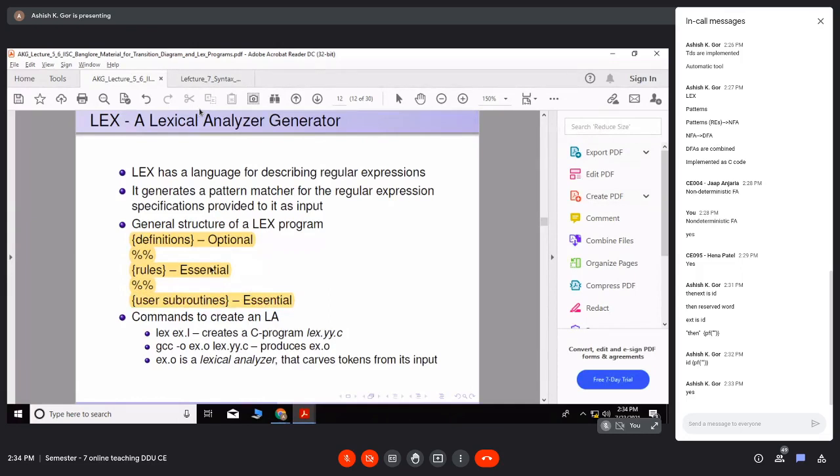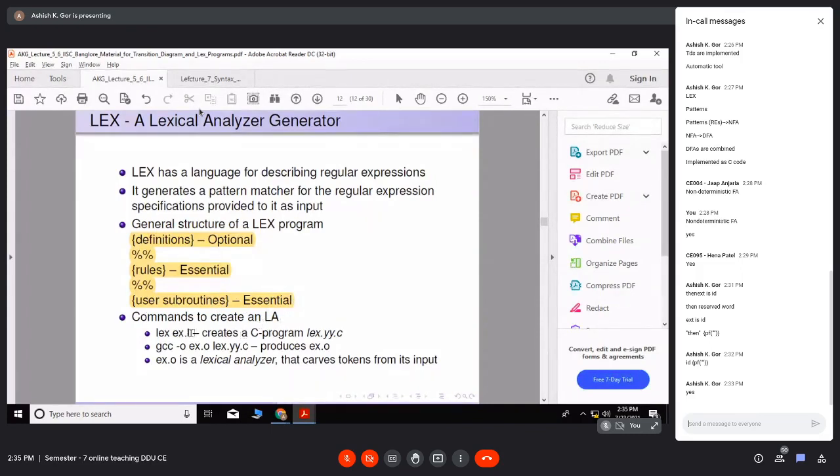Remember, in the definition section you define, let's say, what a digit is, what a letter is. Rules are nothing but patterns, and that is an essential section. Then there is the subroutine section, which is also an essential section.